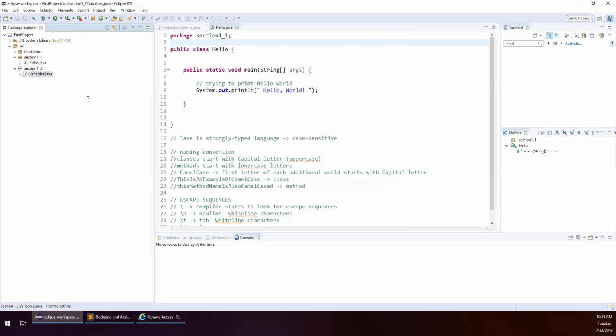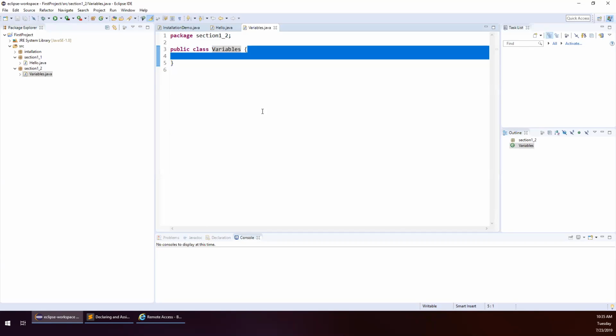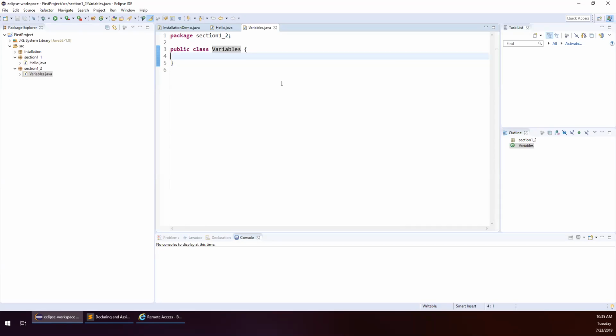And Eclipse is automatically going to create a new class space for us. It will automatically define the location as being package section 1_2. It's going to define this class to be public, and the name is variables. And it opened up curly braces for us, a space where we can code. So let's press enter a few times. Let's open up our space, and keeping our tidiness, what we first do is we need to create our main